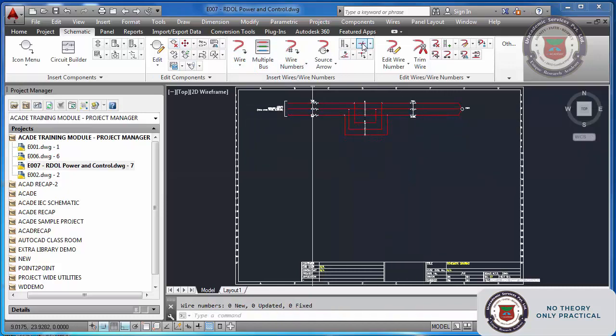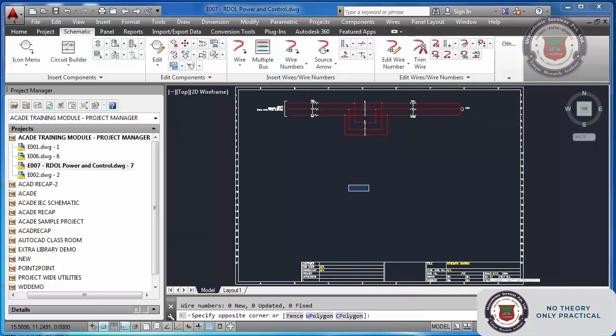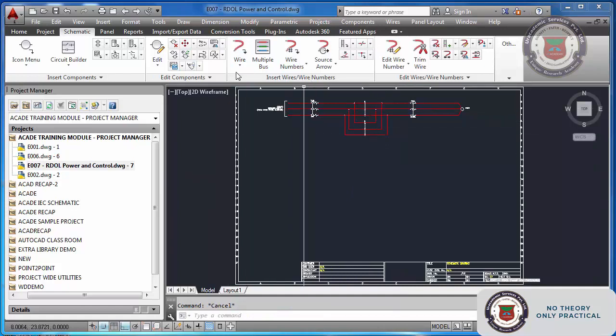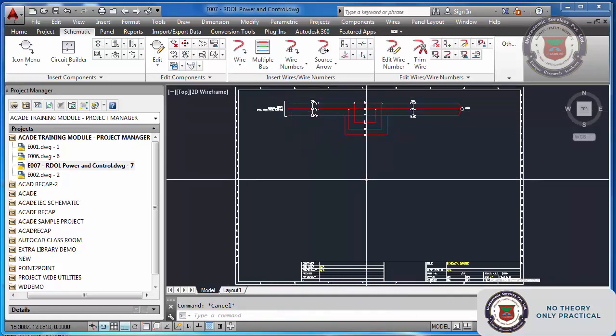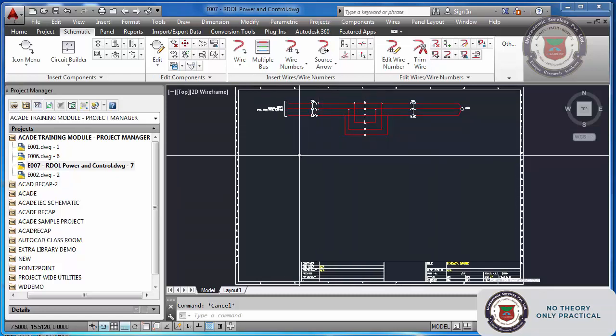Of course, all these options are available here. Move circuit, copy circuit, everything is here. It totally depends on you how you want to use, whether you want to use your keyboard or icon menus. It is totally left to you. I am more comfortable with keyboards, that's why I am showing you in this way.